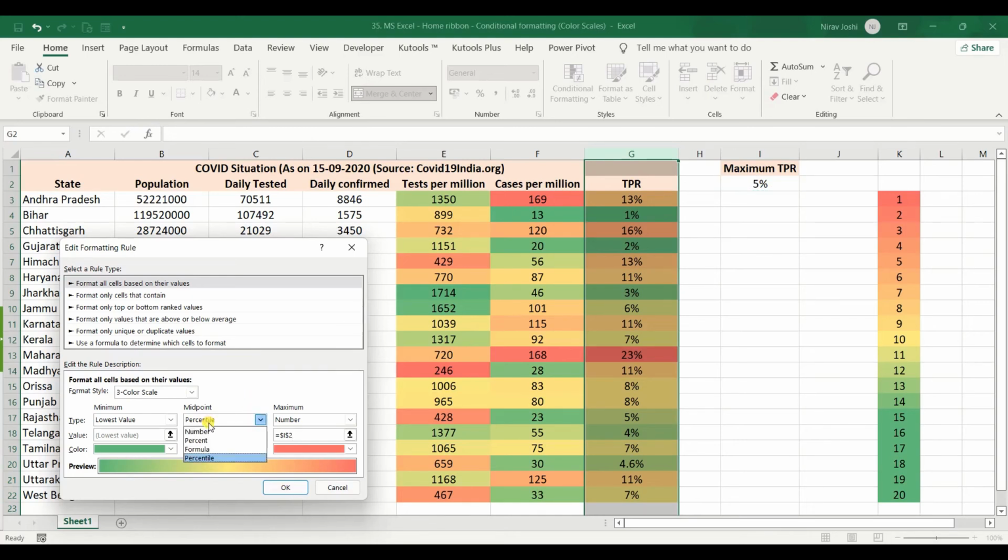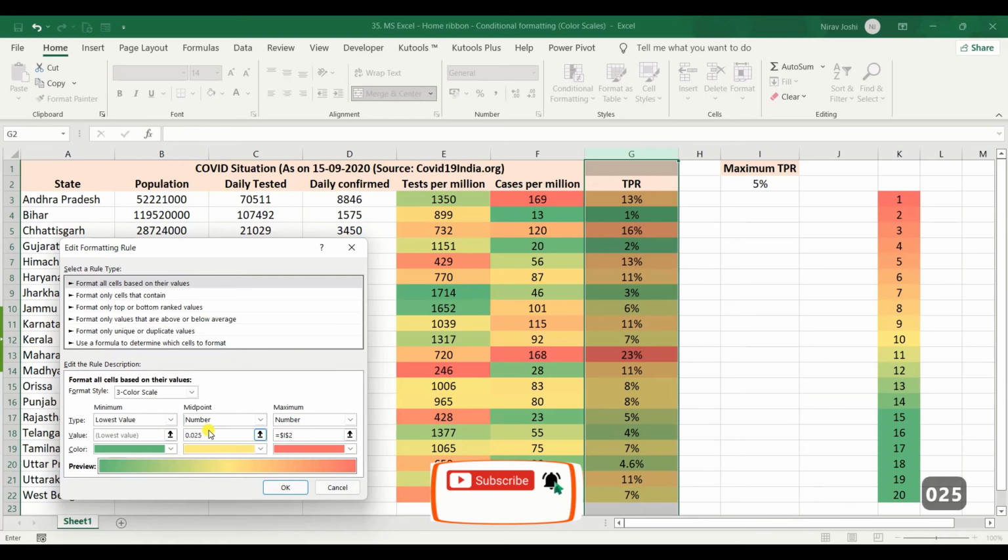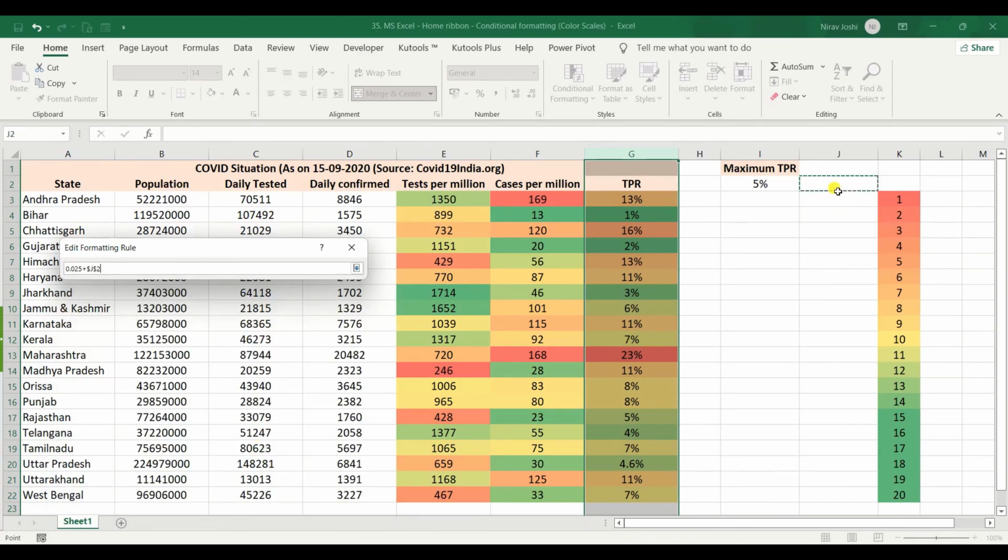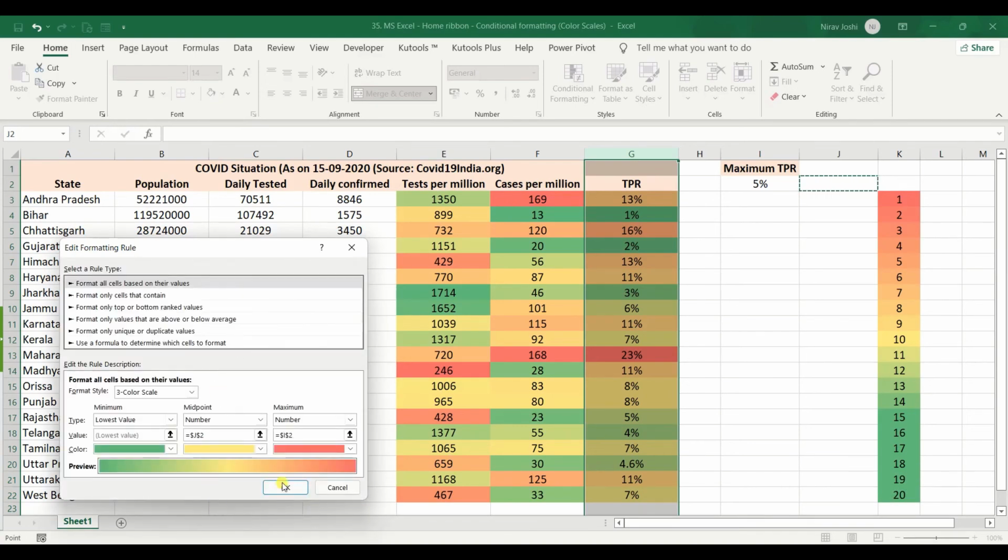And we need to also change the number here as well, right? So we can either directly give 0.025 as the midpoint, or we can create an additional value here. We initially select this particular cell, remove this one, right? And we give it as a midpoint.